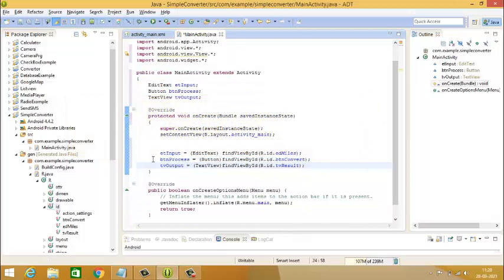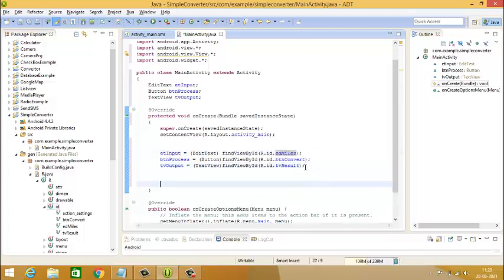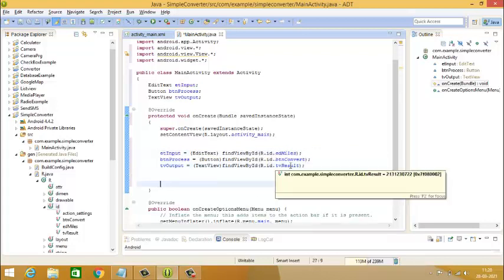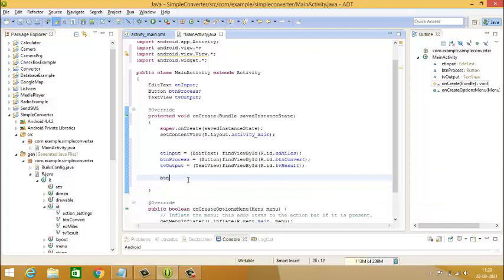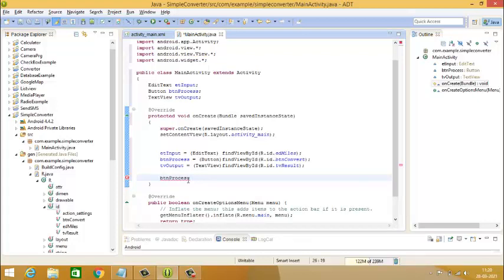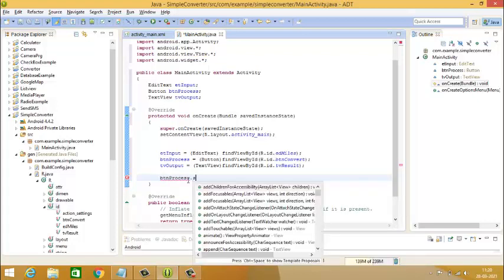Now we have bound the class objects with the components' IDs. Next, you have to decide the event. Here we are going to display the result on clicking the button. So the event is click event and the component is button. The name of the button is buttonProcess dot setOnClickListener.